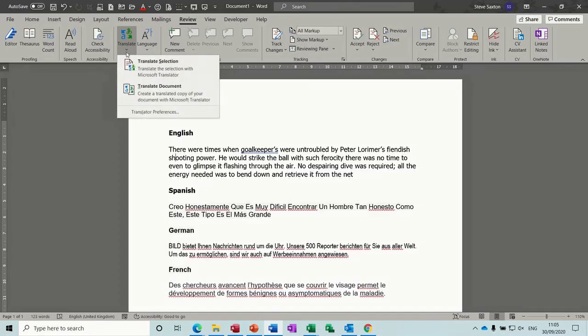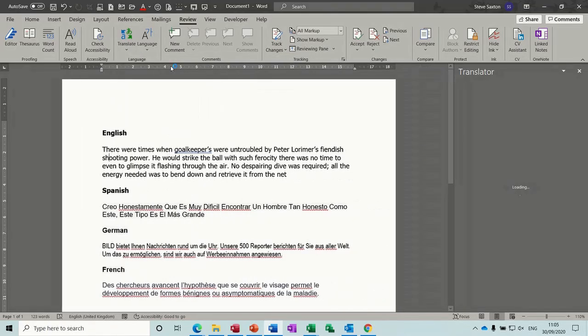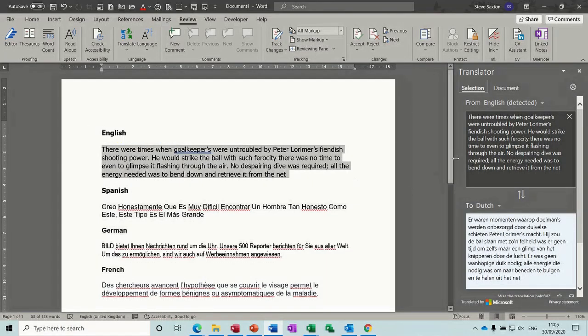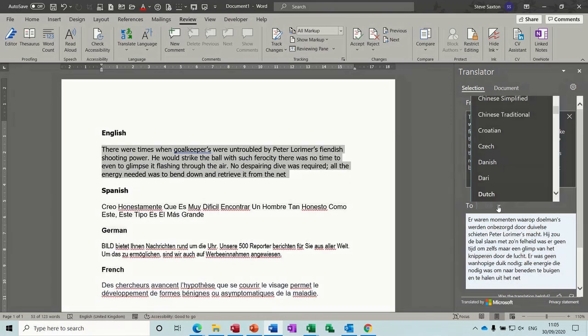You drop the little down arrow there, you can see translate selection. If I click on that, it opens a pane. I haven't got any text selected, so nothing shows until I highlight something. So there's the English text, and as I move my mouse through this English text, at the moment it's selected to Dutch, but if I change that to a different language from this drop down arrow, so if I come down to, let's go for French,